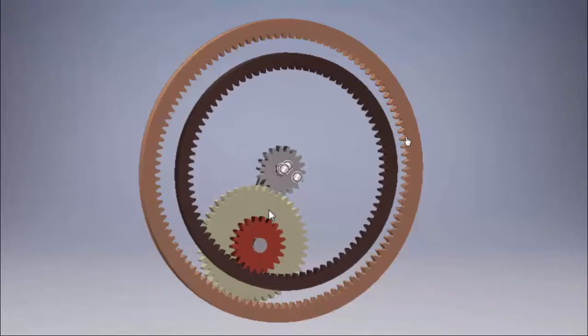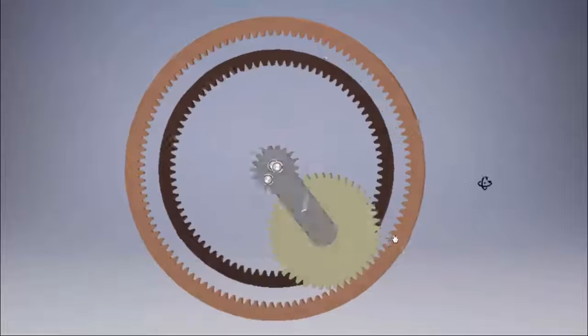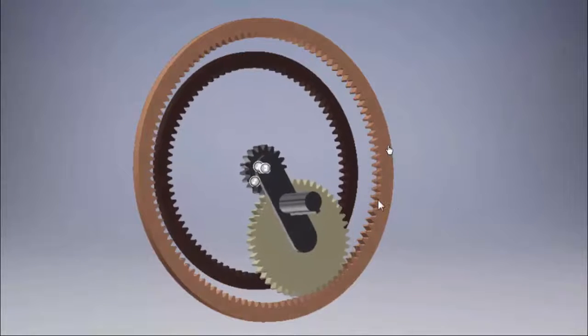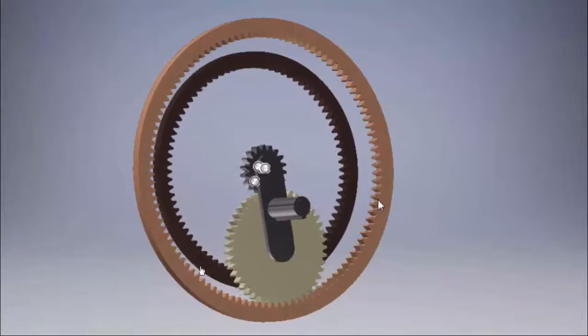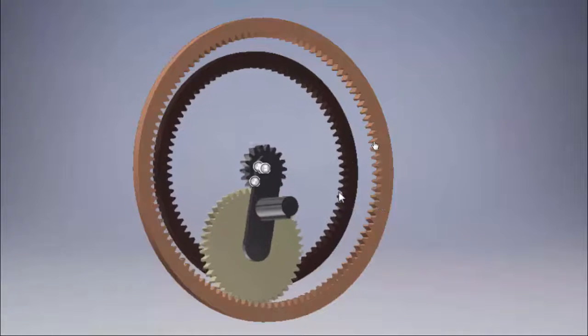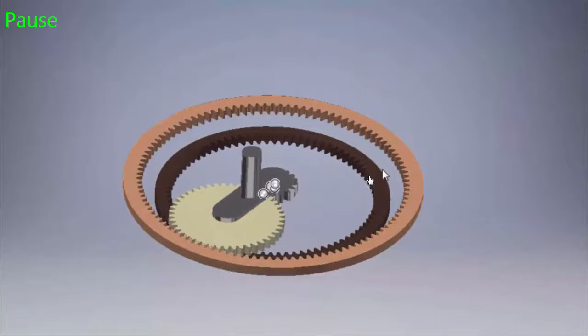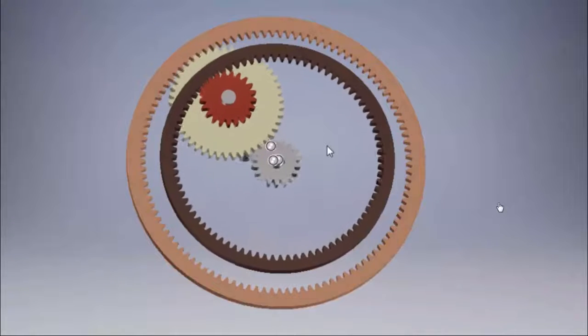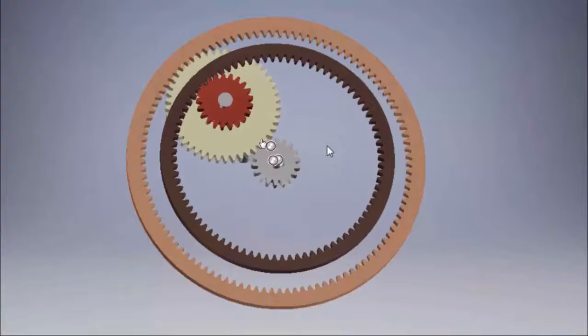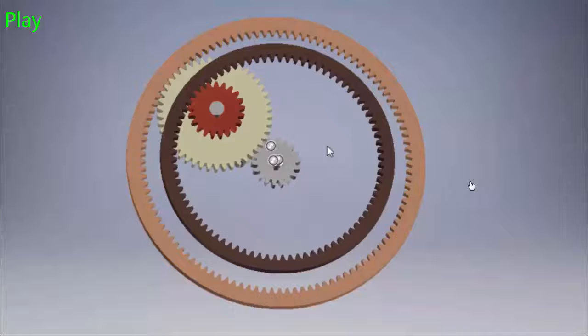As you can see, because of the limitations of the software, I have to keep the outermost gear as fixed. It is not the case in our question, but it is the limitation of the software. As you can see, the brown one is your gear D, and this is your gear E. Both have teeth on the inner side, hence they are known as annular gears. Whereas gear A, gear B and gear C, all three of these have teeth on the outer side.